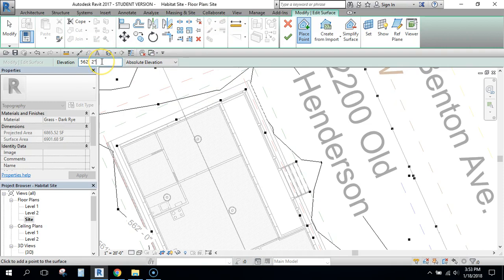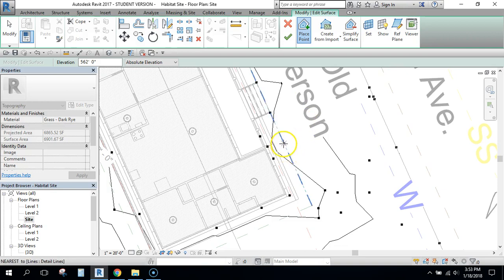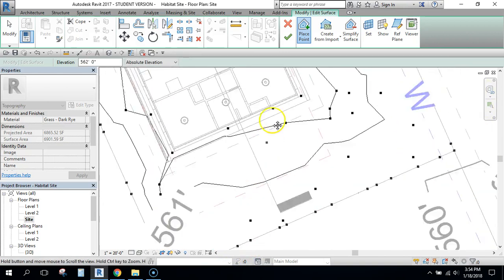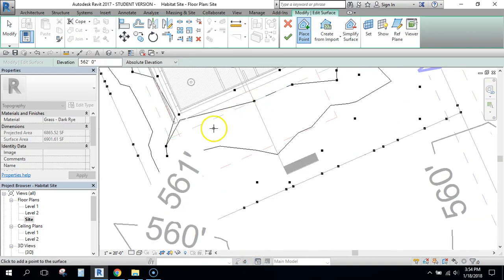So I'm going to change my elevation again to 562, and I'm going to come along my green line, and anywhere that I see that my 562 contour line went inside of that green line, I'm just going to place some more points on the green line, and that will straighten that up and get everything outside of my green line. So that's what I'm doing now. It's just going around that green line and backing that 562 contour line up,